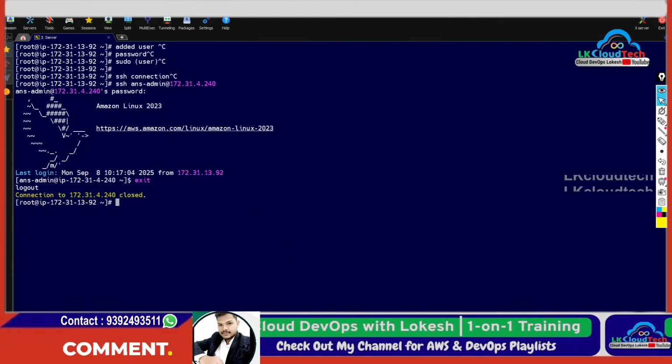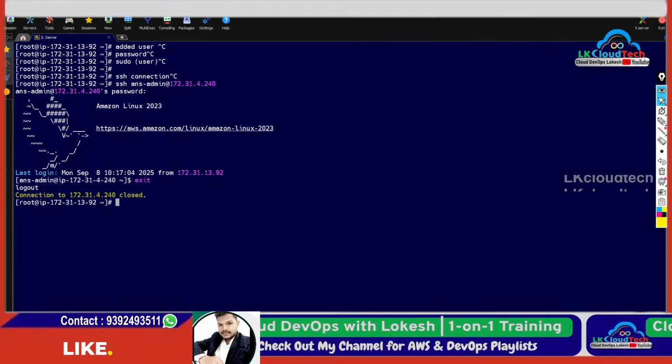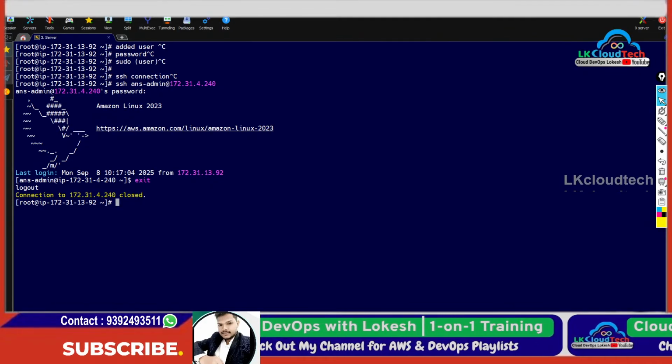So we are going to have passwordless SSH connection now. Okay,